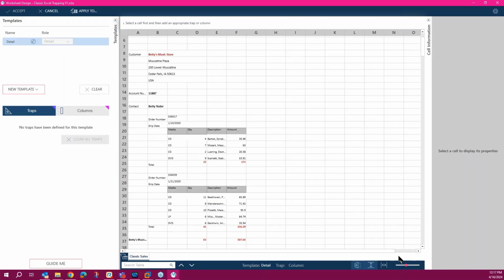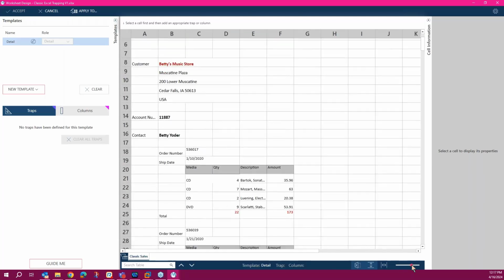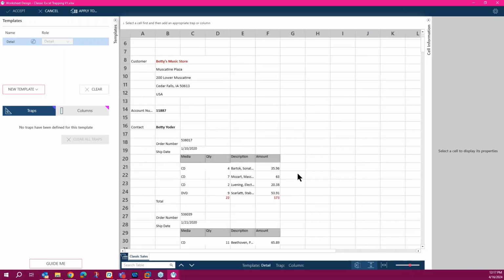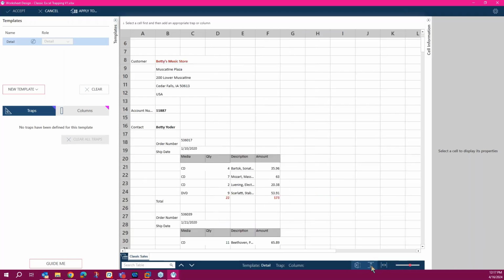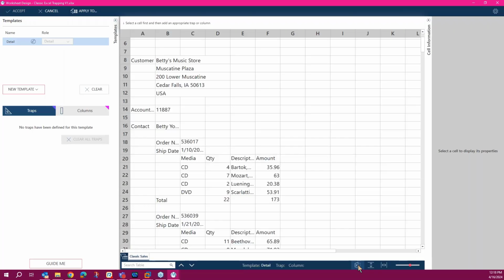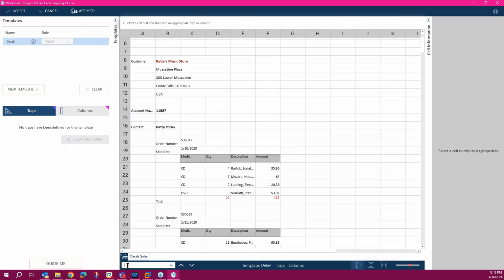Again, I forgot to mention that we have these buttons at the bottom here. You can use the slider to make the fonts bigger, or change the column size, make it smaller. This obviously doesn't work because I have to select multiple rows to change the row height. This one just shows the Excel formatting, or hides Excel formatting, and you can always search for some data in your report if you want to find something in the report.